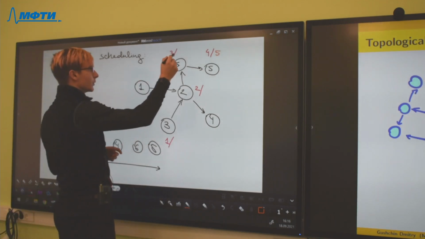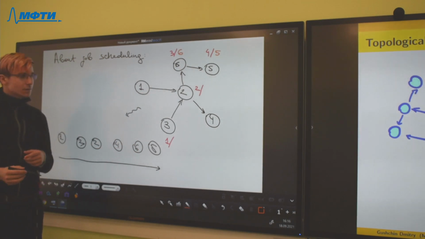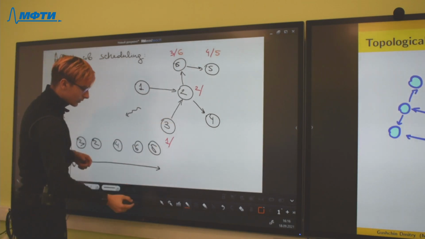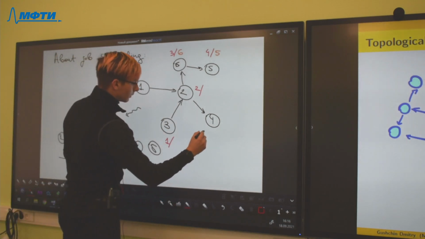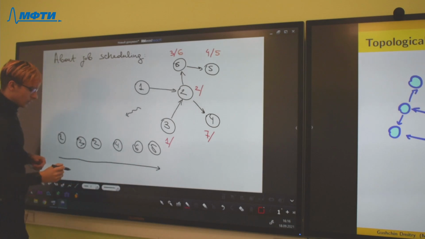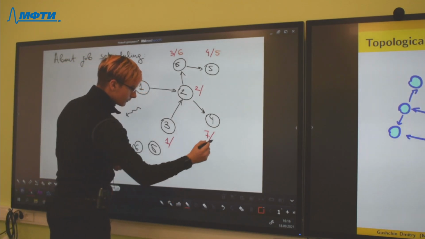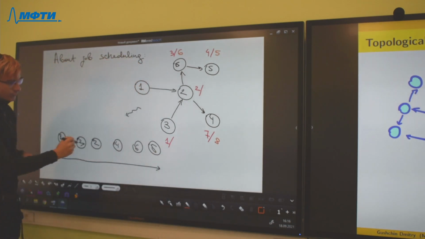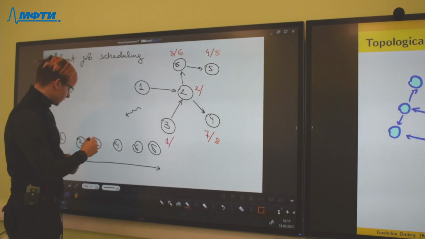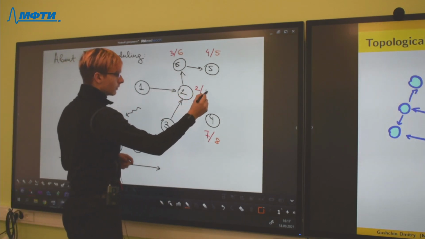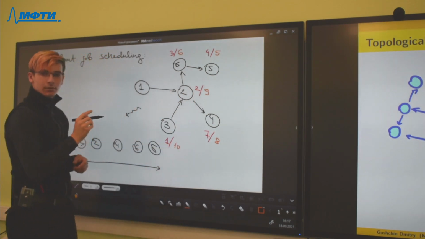Then we finish with 6 and we add it to the list. Then we go to 4 and finish with it and push it to the list. Then we finish with 2. And we finish with 3.